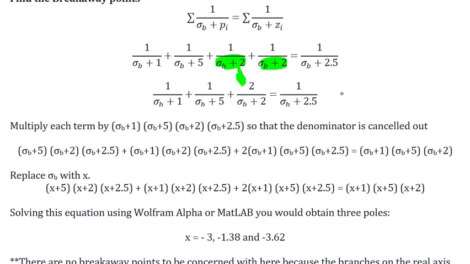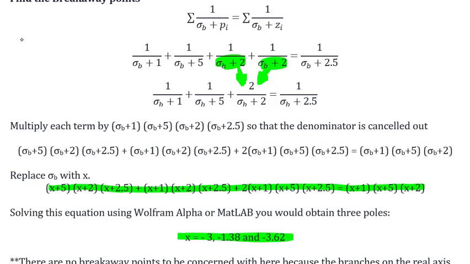So those 2 are combined together to form that. And then, like before, I traded in all my sigma b's for x's, and I found these to be my three potential